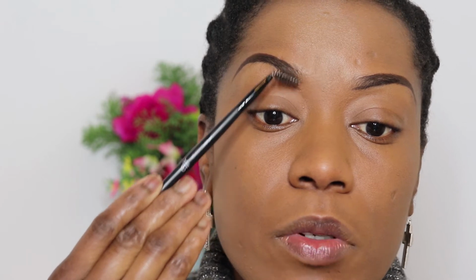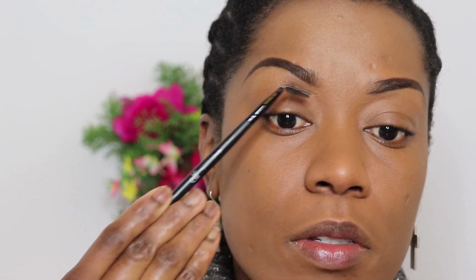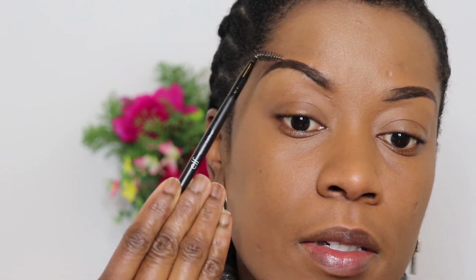And all I do is just clean it up with my fingers. I will not be doing any concealer cleaning up. Just gonna brush here so we can blend. Wipe my brush clean because I don't want any color transferring over and ruin the second one. So